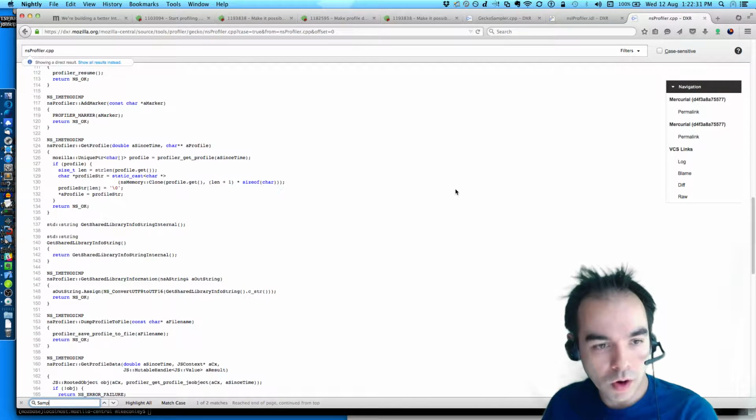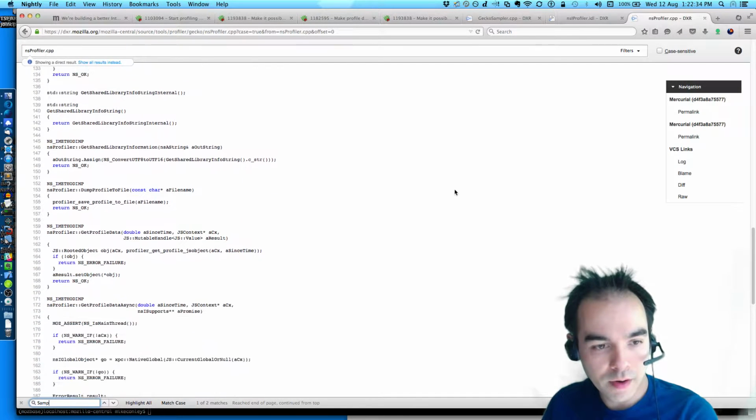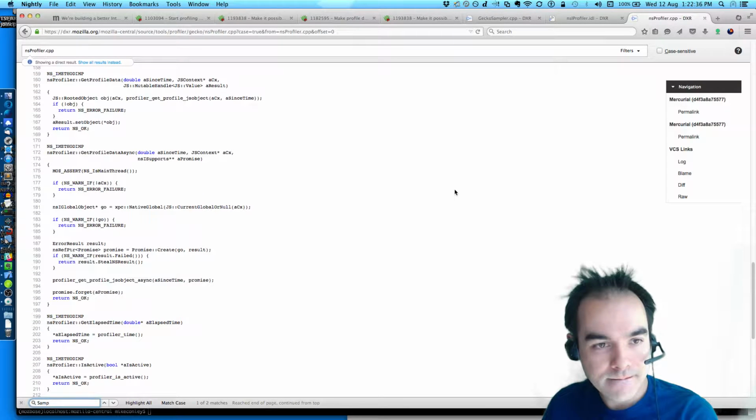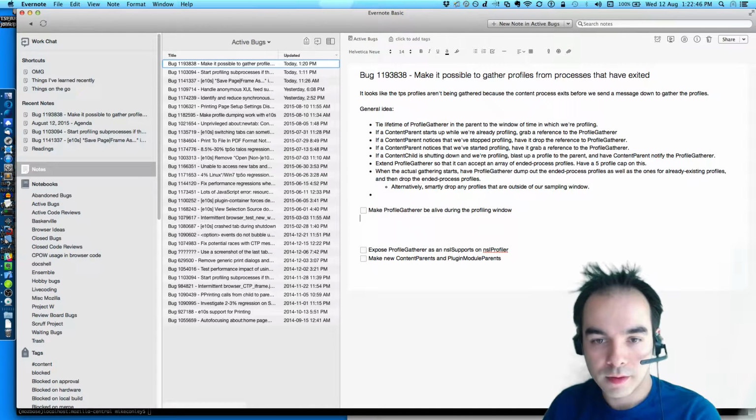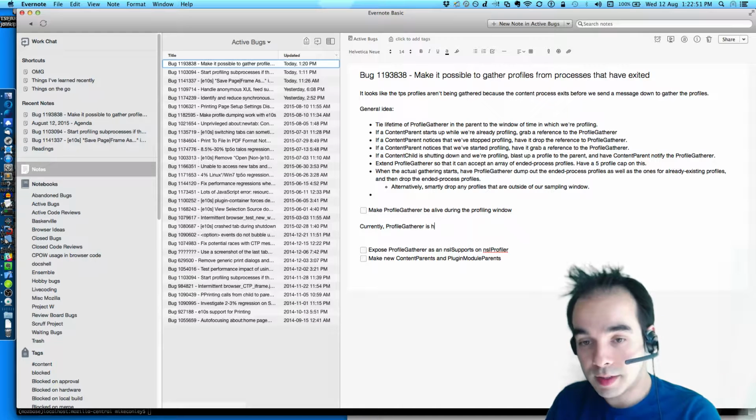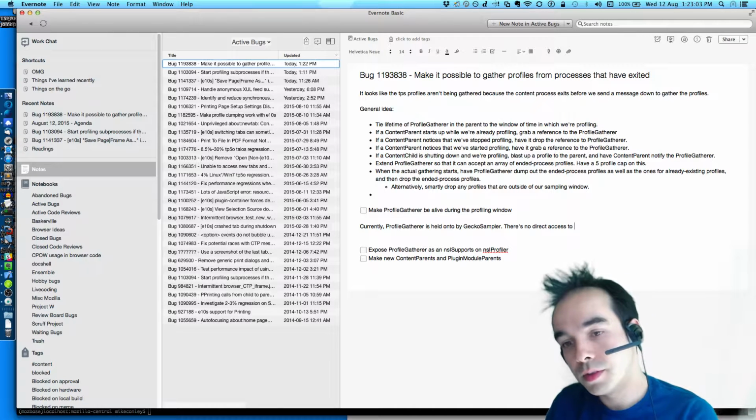We might have to drill a hole in order to get this gatherer. Or we make the gatherer a thing that the nsProfiler holds on to. So currently, profile gatherer is held onto by Gecko sampler. There's no direct access to Gecko sampler, I don't think.